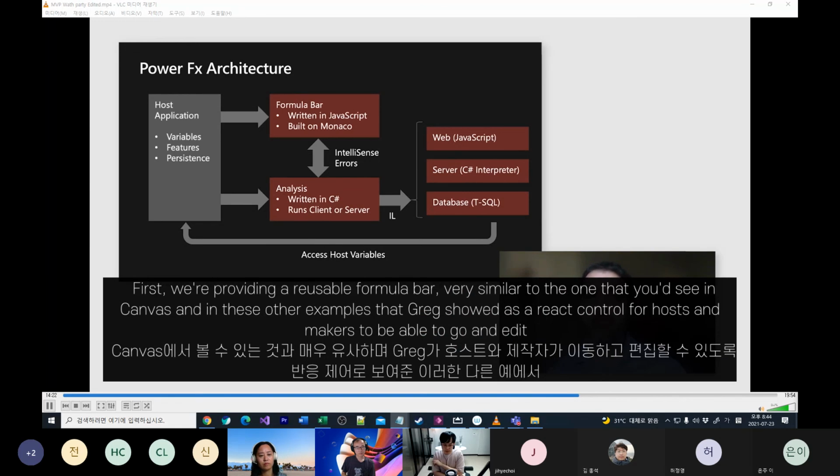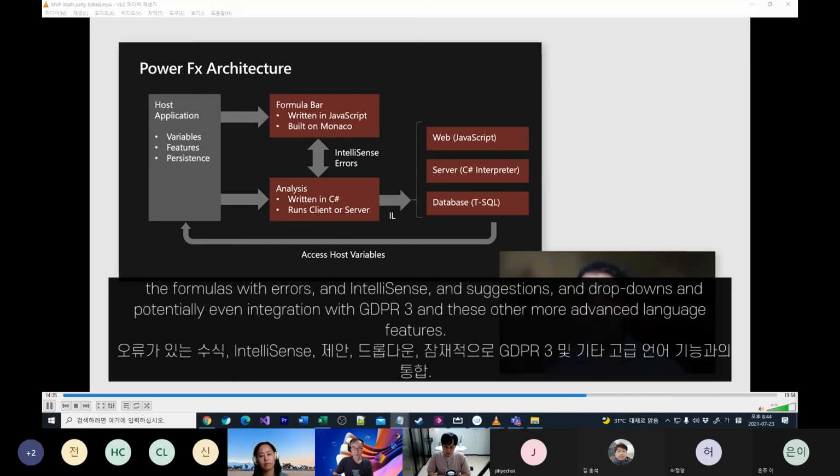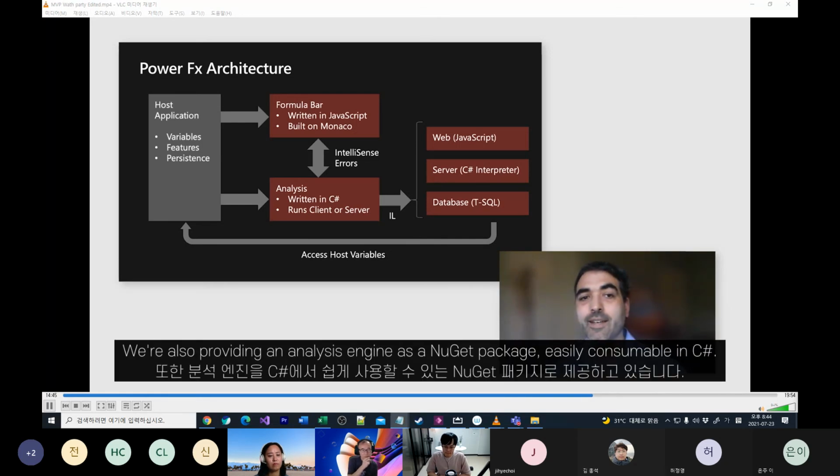First, we're providing a reusable formula bar, very similar to the one that you'd see in Canvas and in these other examples that Greg showed, as a React control for hosts and makers to be able to go and edit the formulas with errors and IntelliSense and suggestions and drop downs and potentially even integration with GPT-3 and these other more advanced language features. We're also providing an analysis engine as a NuGet package, easily consumable in C#, and this